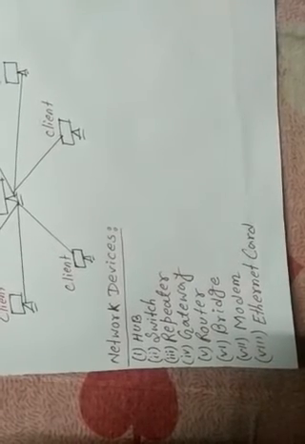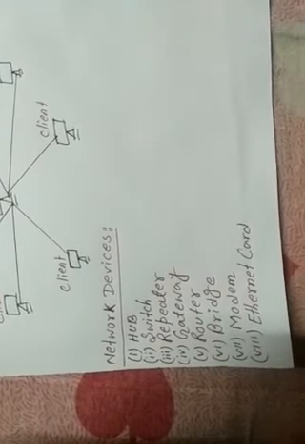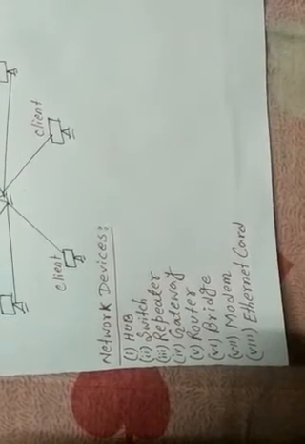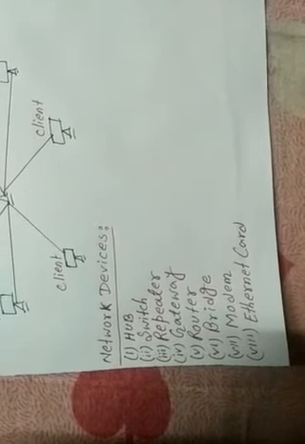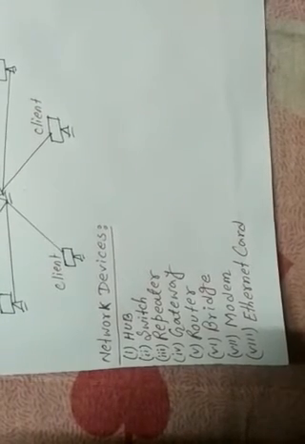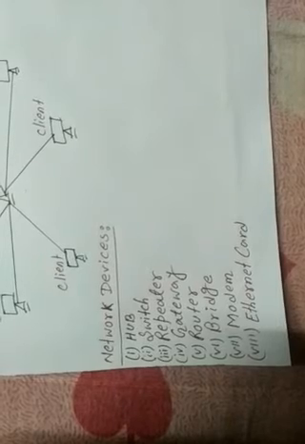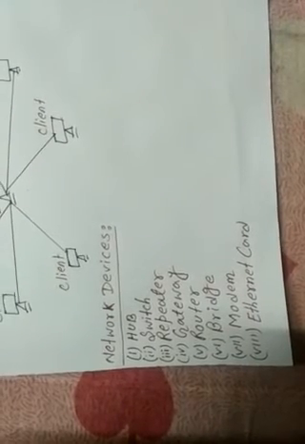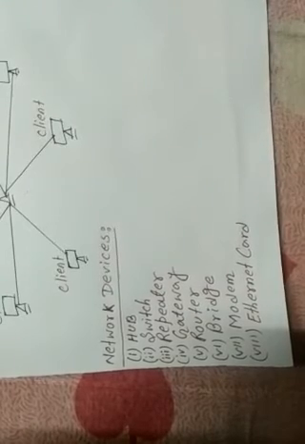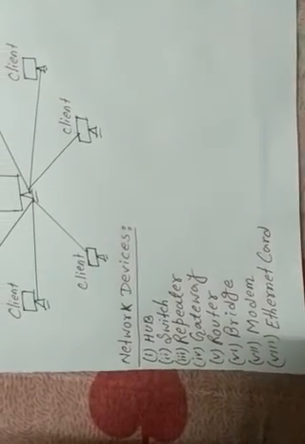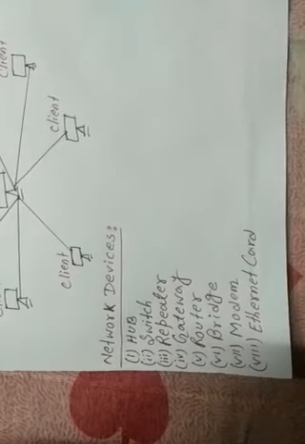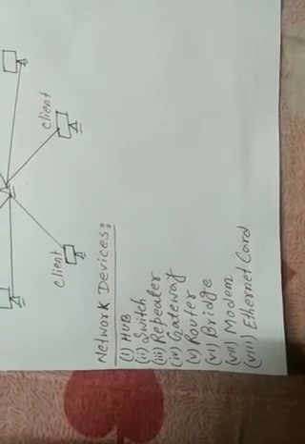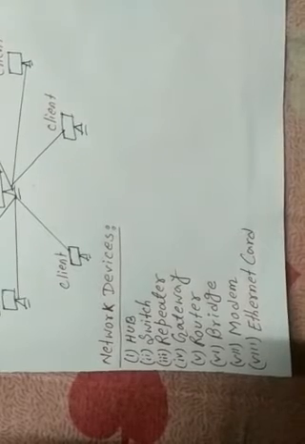At first, hub. A hub is a connecting device which connects multiple computers together to form a LAN. LAN means local area network. All incoming data packets received by the hub are sent to all hub ports, and from there the data is sent to all the computers connected in the hub network.